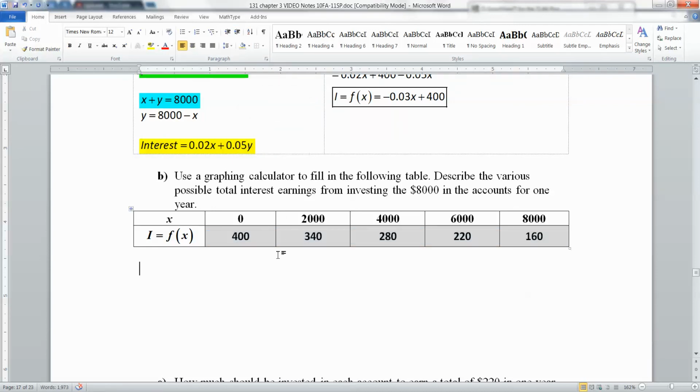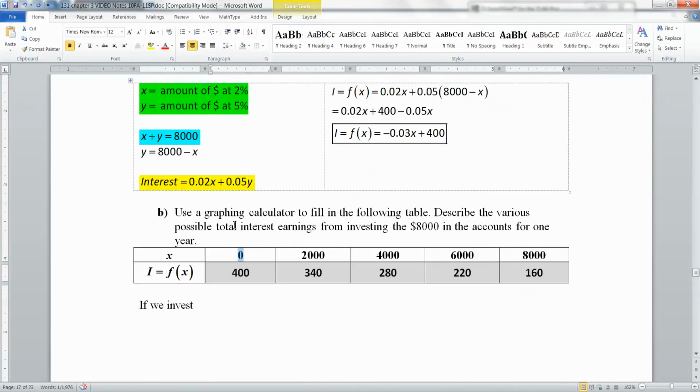So describe the possible total earnings. So we used a graphing calculator to fill out the table. Cool. Describe the various possible total interest earnings from investing $8,000 in the accounts for 1 year. Well, let's see. There's all sorts of different possibilities. So we could say if we invest, let's look at it. At the start, if we invest $0 at the 2%,